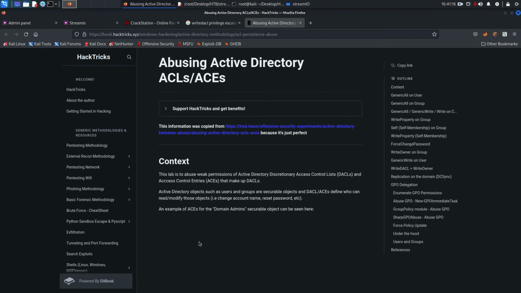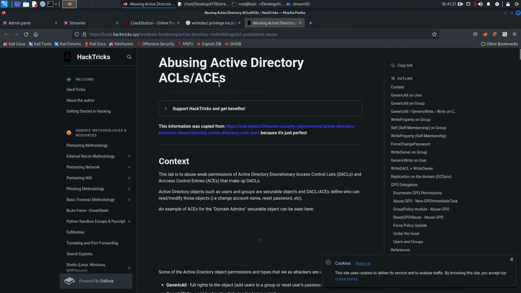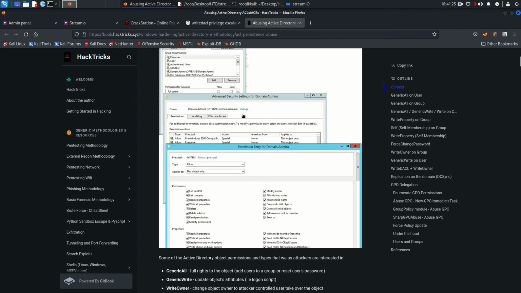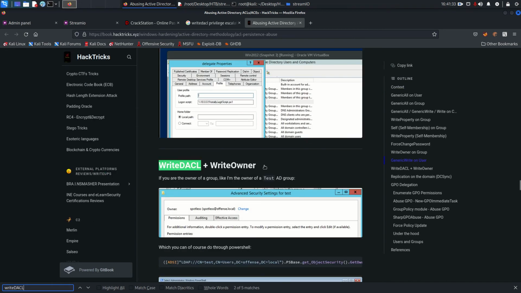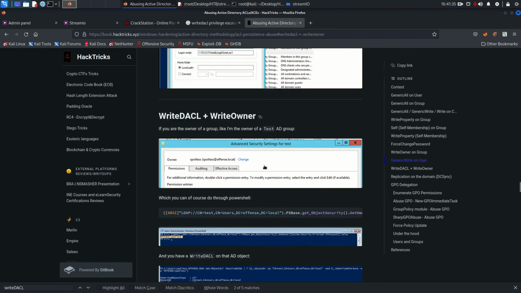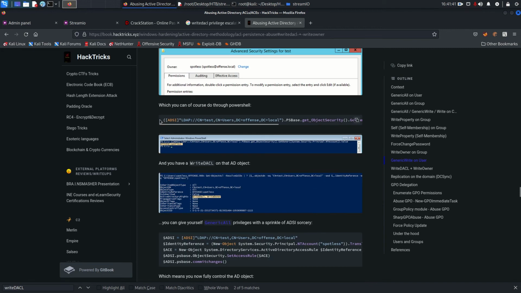Leave that one. Come here. ACL, ACEs. Here what we are looking for is, Control F, let's say write DACL. So this is WriteDACL plus WriteOwner, and these two we got in the group. So as you can see, first of all,